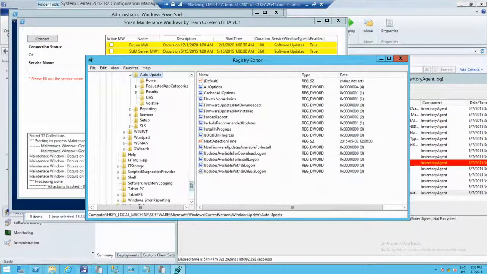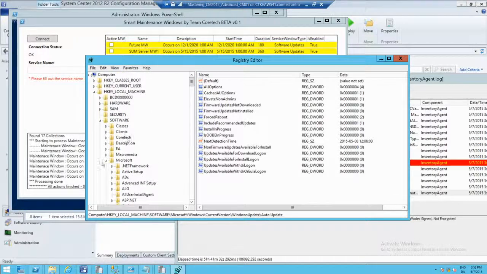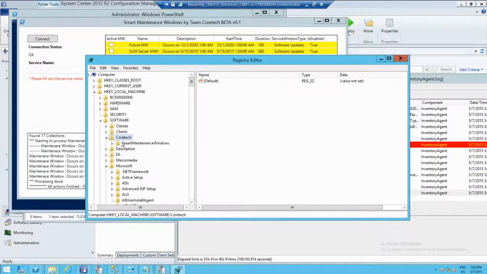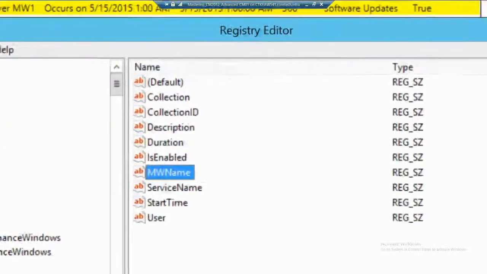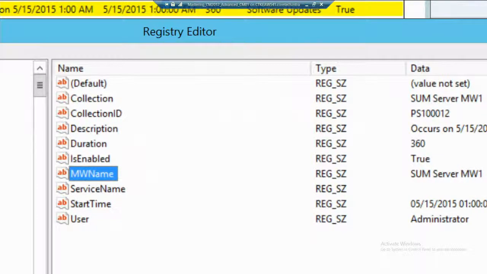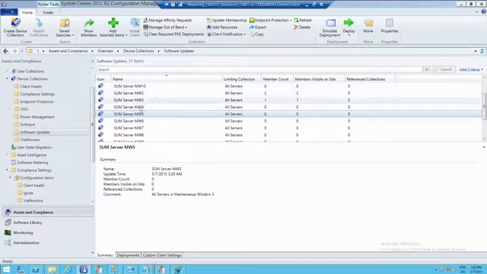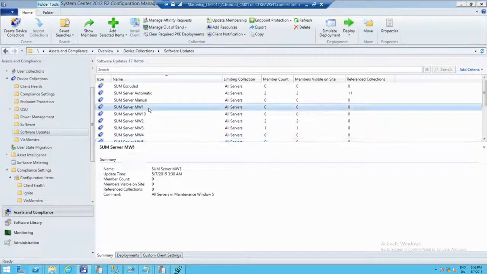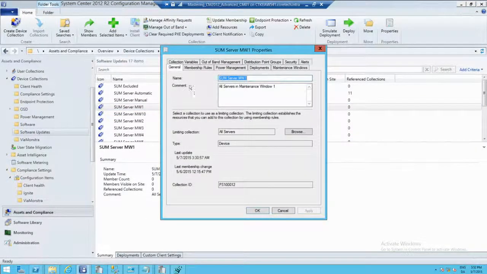So if I go into registry here, you'll see, if I go into HKEY Local Machine, software, then we have something in here called Smart Maintenance Windows. And there you can see I have my maintenance window 1. So I've created a collection based on this piece of hardware information. So if I go back into my console again and look at my maintenance window 1, if I look at this query in here,